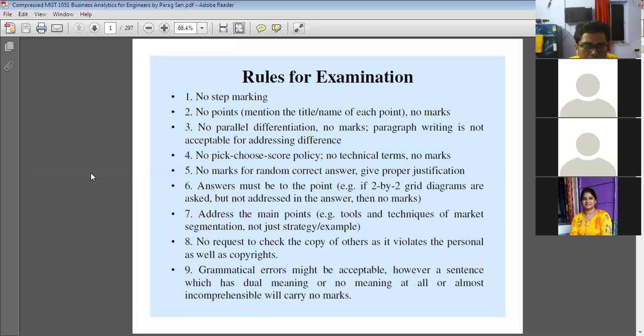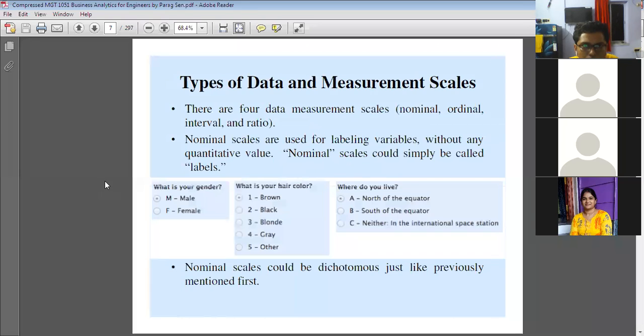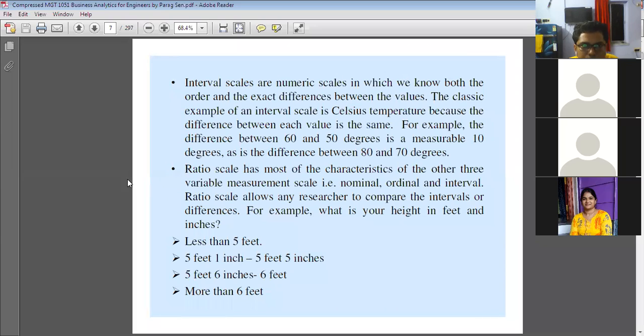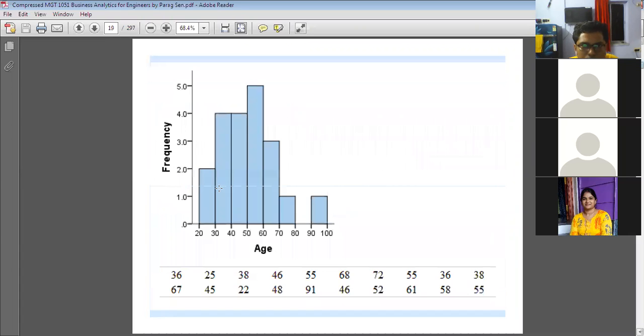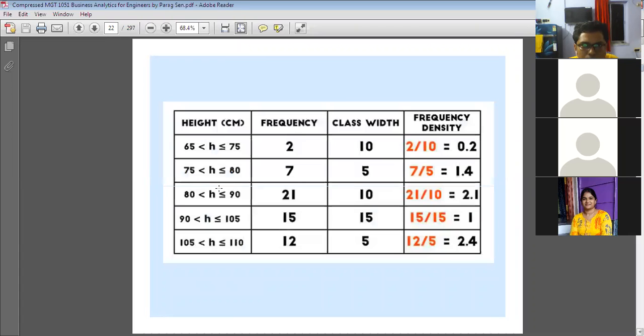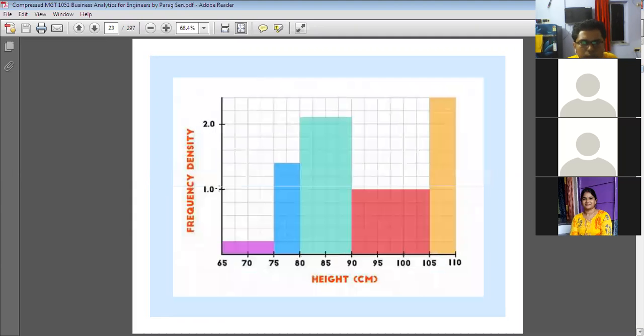Okay, so now I can show you one very good example. Yes,